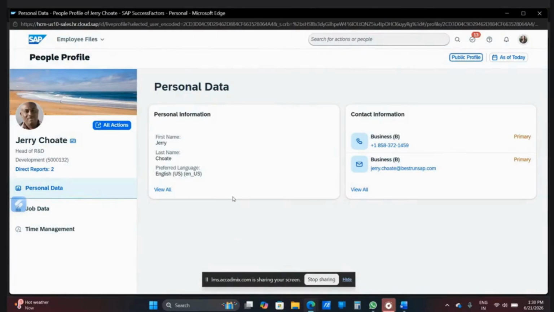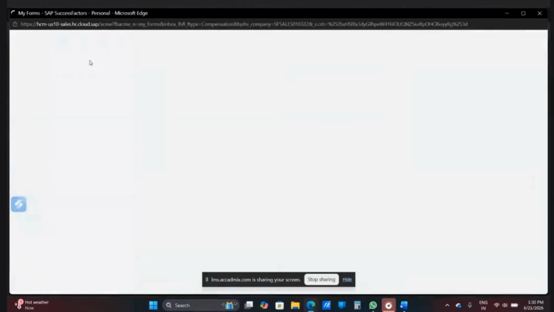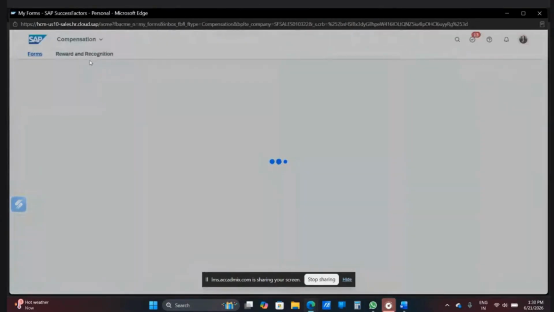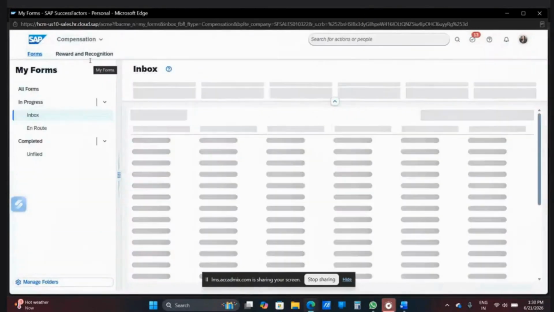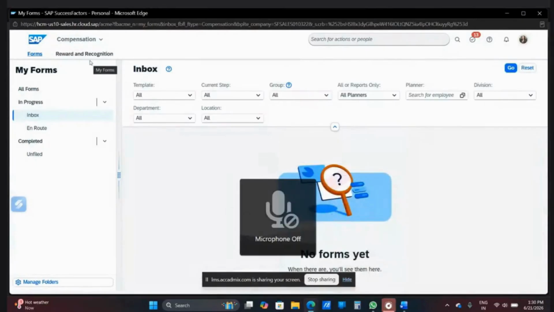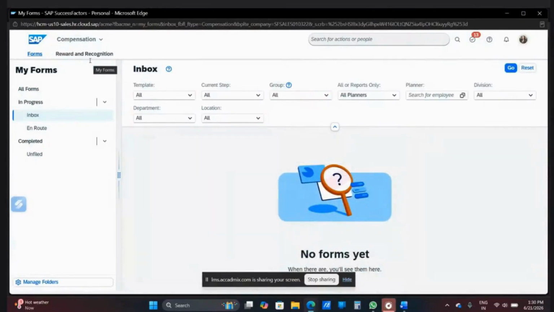From where you selected employee file, select compensation. Okay. Do you get any field where you can put this person's name?